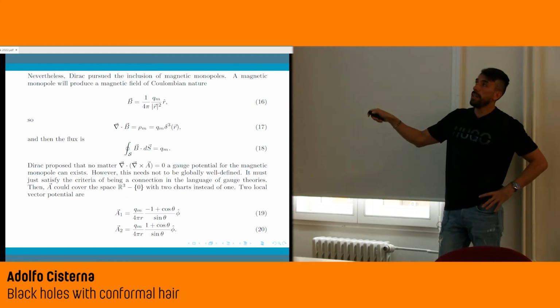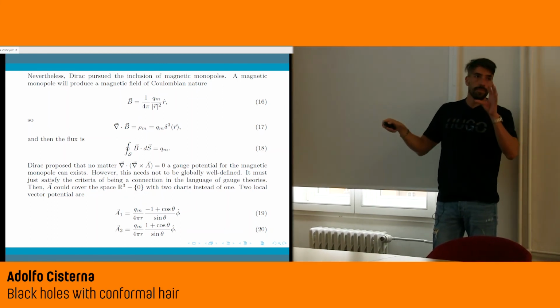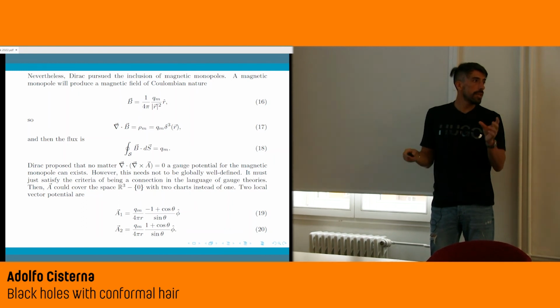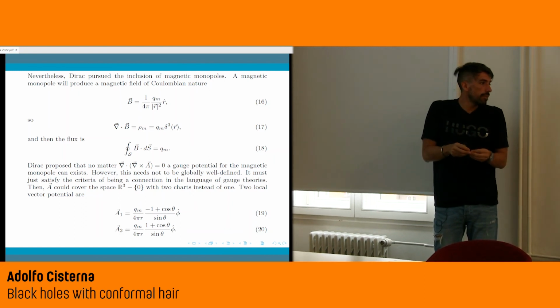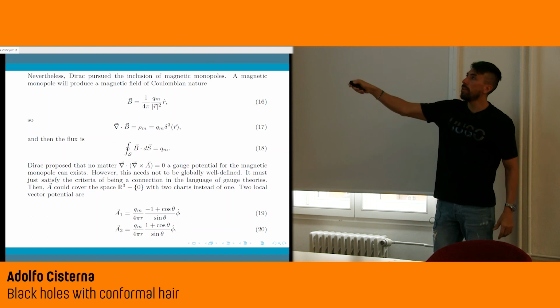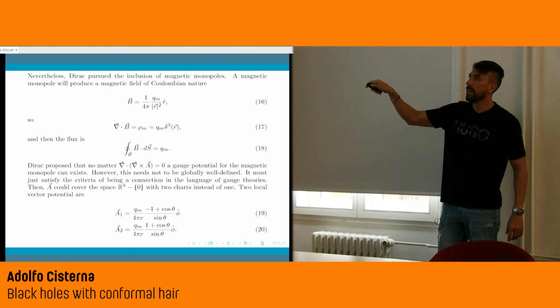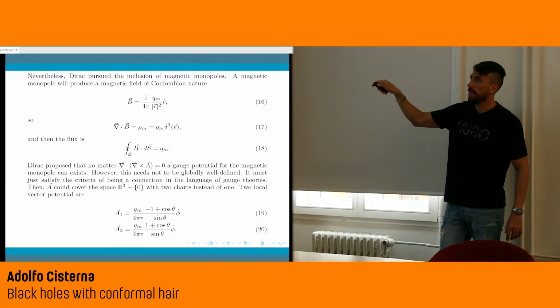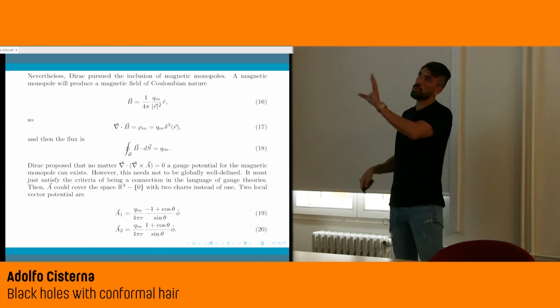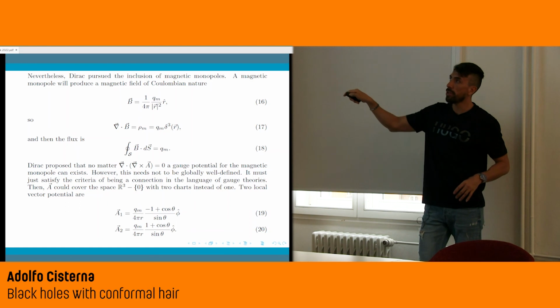How is going to be the electric field of such a magnetic configuration? It's going to be simply like a Coulombian force, no? Like the electric one. So it's going to follow this Coulombian thing. And then if I apply on this B my Gauss law, what I am going to obtain is this